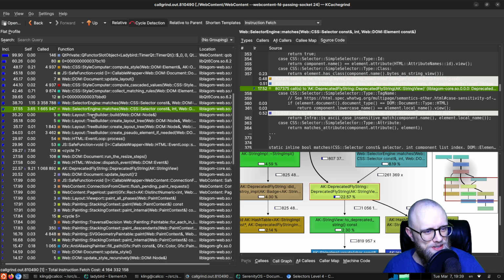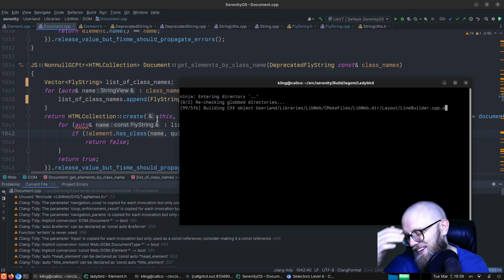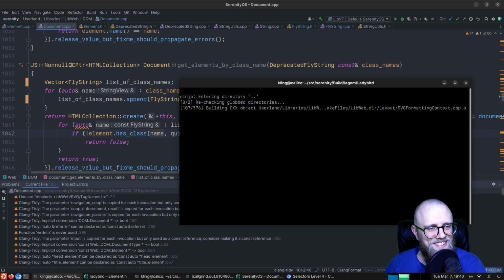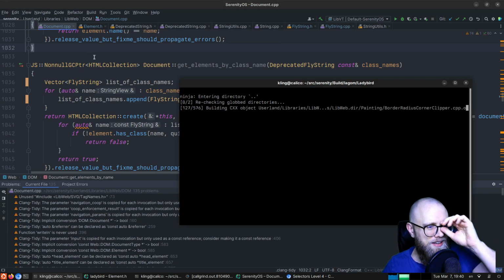I have to admit, when I saw where this was going with the deprecated string versus regular string, I thought this might be a huge thing that would take like 2 hours to do all the necessary cleanup to make this work. But it's starting to seem pretty contained because